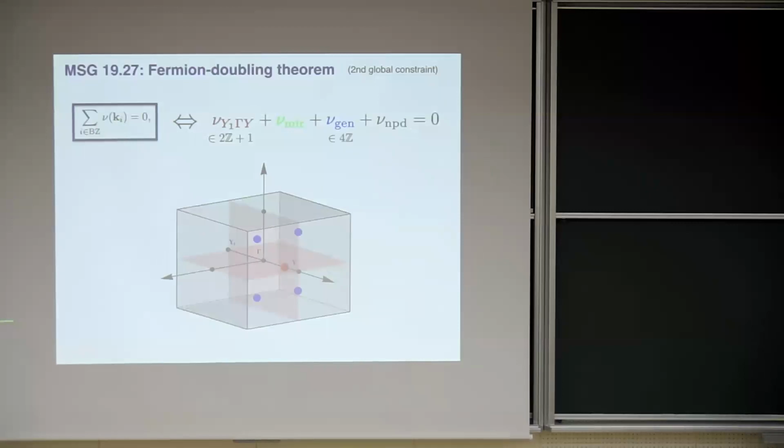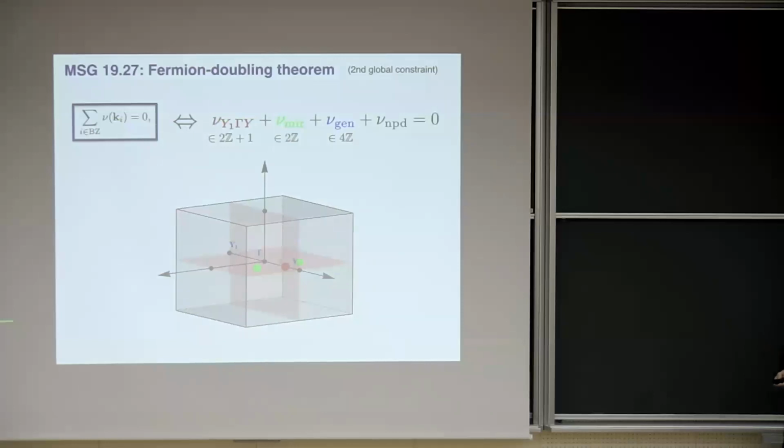So we could have, in principle, Weyl points at generic positions, shown here in blue. But if this happens, we can apply this magnetic screw rotation symmetry, which acts like a mirror symmetry, to generate 3 other copies. So for each generic Weyl point, there will be 3 copies, which have exactly the same Chern numbers. You can show that. And that means this contribution is an even number. So now we have an even number plus an odd number. It's again different from 0. So there must be something else.